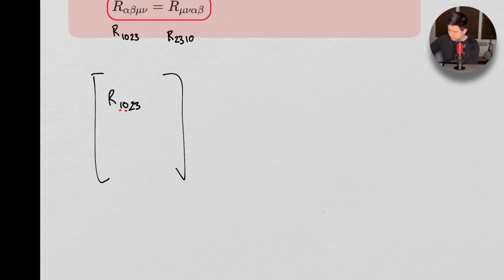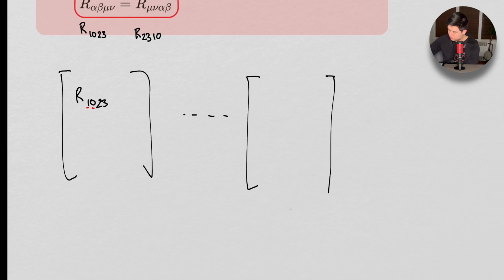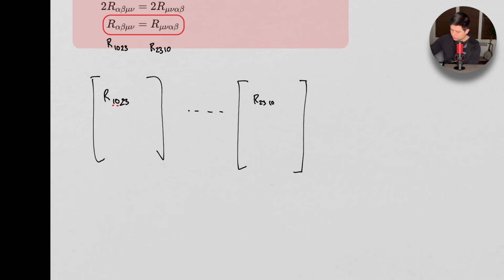But then in another matrix, somewhere way over here, we have R2310. So in this matrix over here, this is actually the same value. It's going to be the same value as the entry in the matrix over here. So this is why these symmetries are super, super important and super useful, is because they help us